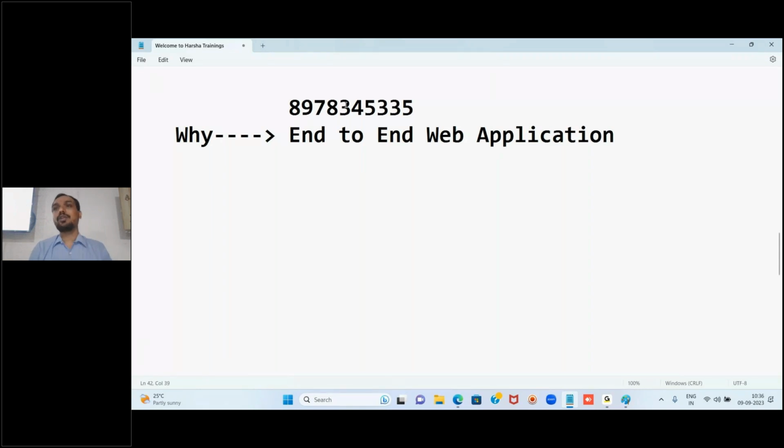To do that, we have to learn full stack development, and it is one of the most in-demand courses in the market. Why? Because cloud administrators have to work on one project or application. Who will create that application? Developers will create it. You might have heard of DevOps. They will maintain your application. What if the application is not there? What will they maintain? Testing people, manual testing, automation, so many types of testing, will be there. What will they test? Whether an application is working properly or not.